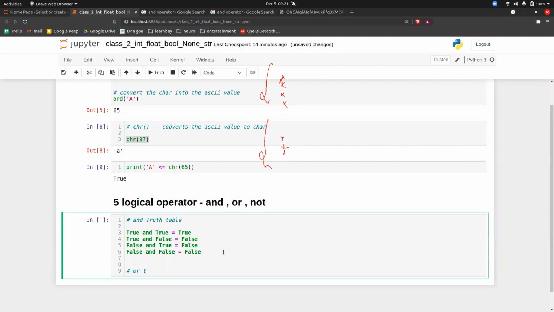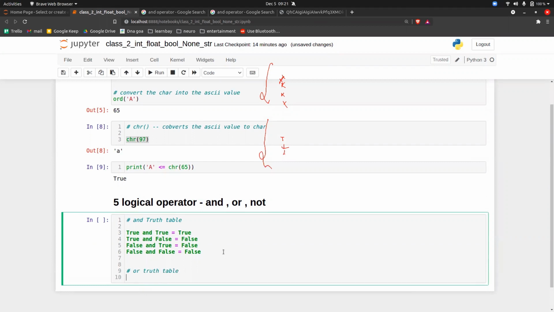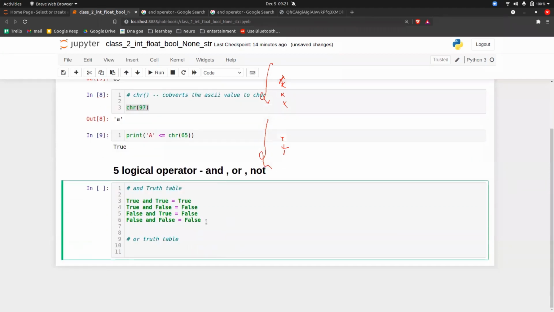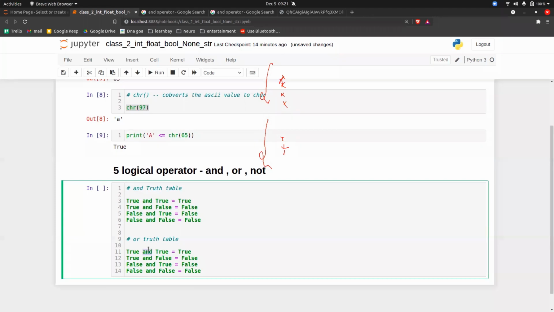Then we have the OR truth table. Same thing I will write here. What is true or true? True or true is true. What is true or false?